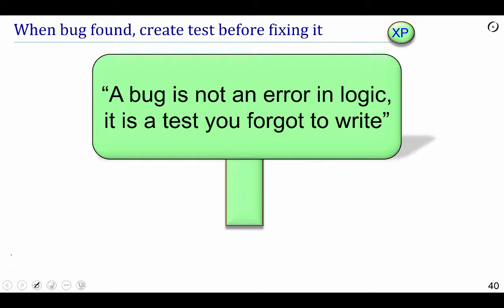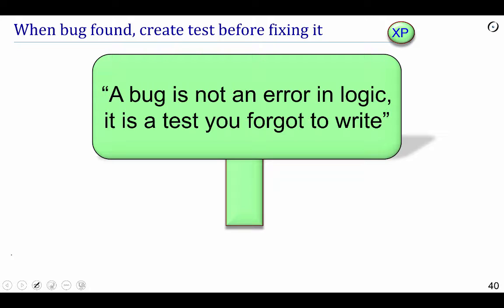So in the extreme programming view, a bug is simply a test that you forgot to write, so it's not such a big deal. You write the test, you fix the code, of course, and then the bug rather becomes history, except that it is in this regression test suite. And I cannot emphasize enough the benefit of making sure that any bug that has ever been found in the development of a software system finds its